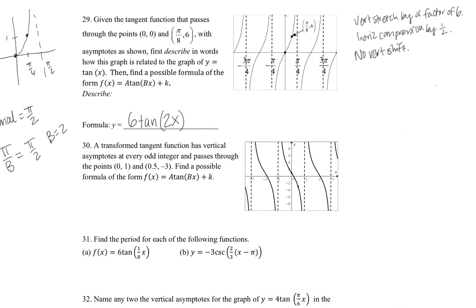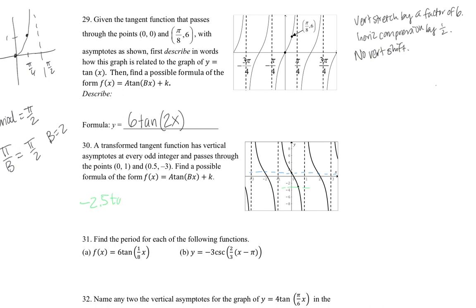Okay. Then it says a transformed tangent function has vertical asymptotes at every odd integer and passes through the points (0, 1) and (0.5, -3). Find a possible formula. Okay, so one thing I might think about is that this one has been inverted, right? So the midline is right there. And so it's been inverted, so it's going to be a negative, and then between 1 and -1.5, that is a 2.5. So A is going to be